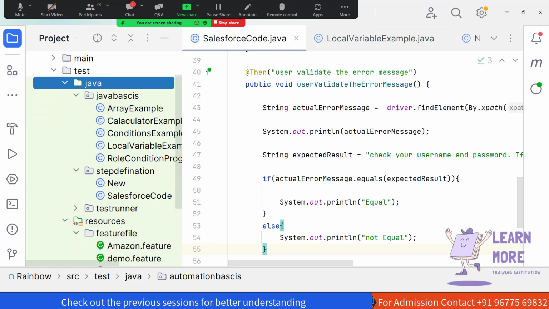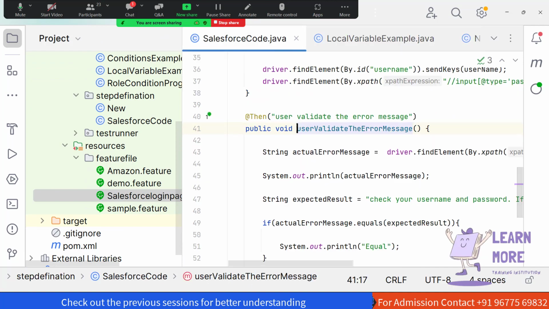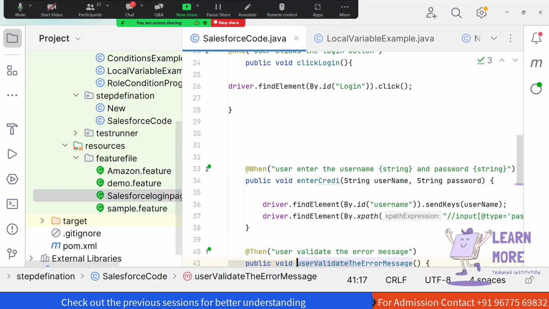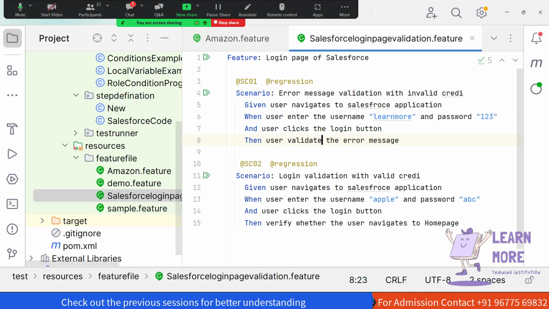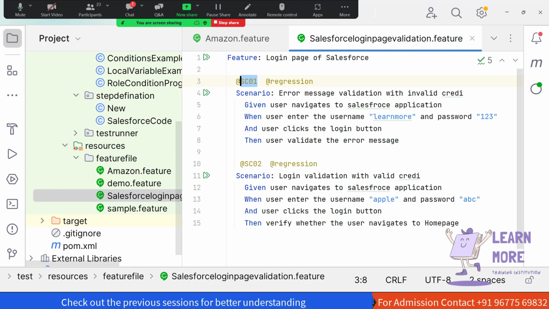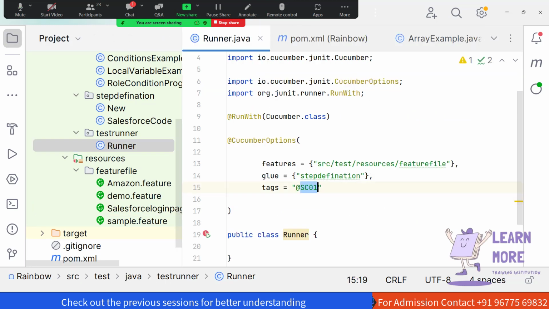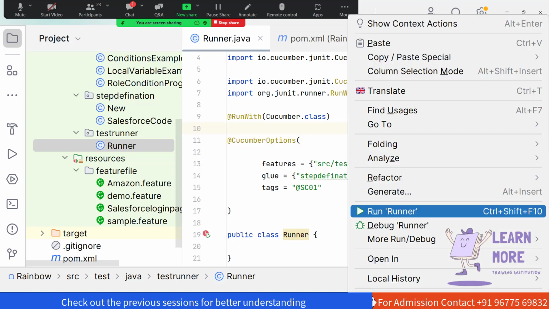Okay, so now we have done all the mapping of the coding. We can just re-verify whether all the mapping is done. Now we need to start the execution. So we need to run this particular scenario, right? We have the tag called SC01. I'm just copying the tag. How are we going to do the execution? We are going to the runner class, and inside the runner, I'm pasting the respective tag,